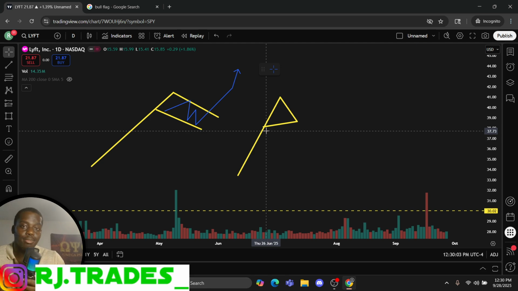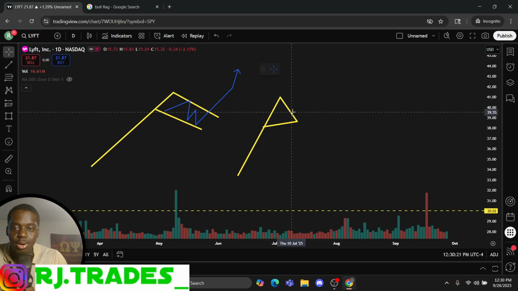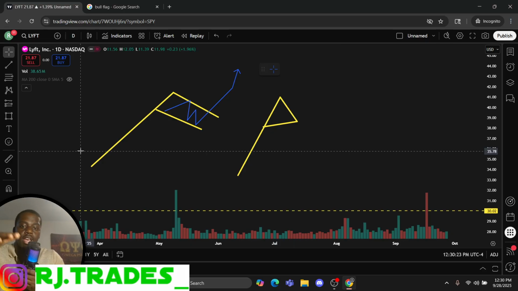Now, it doesn't mean that it has to break upside. It can break downside because it is indecision. The triangle pattern shows indecision in the market, okay? So it's a bullish triangle pattern, all right? You're looking for the same thing. It's the same exact process. You are looking for it to break above, and you're using your levels as a place of entry and as a place of where this can go.